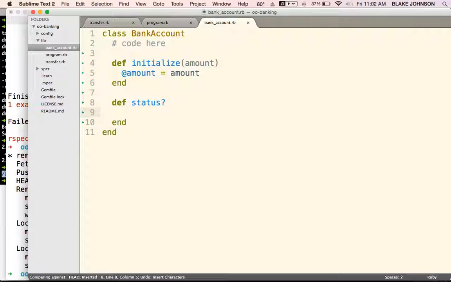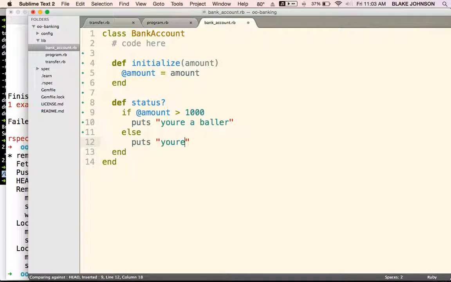I'll say that for status, if you have more than $1,000, so if amount is greater than 1,000, we'll do that. Else, you're broke, right? Okay,